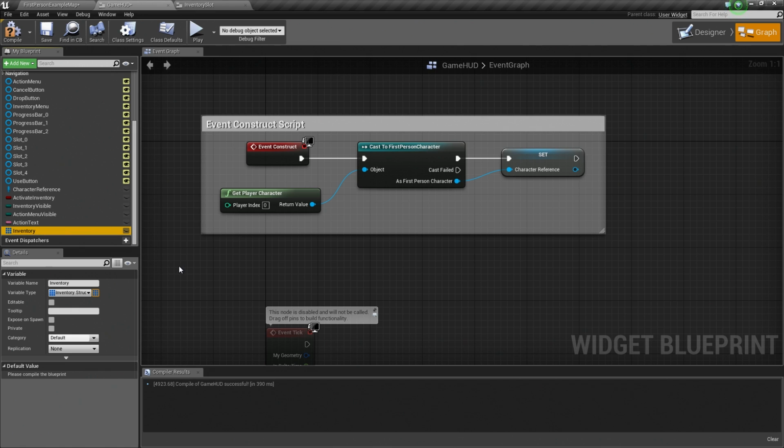This is better than doing it in the actual character blueprint, because when the character blueprint dies, whatever was in that inventory is going to get erased when you spawn a new player character blueprint. However, the player controller will persist. So if you kill the player character, you're still going to have the player controller persist and then possess a new player character that is spawned.